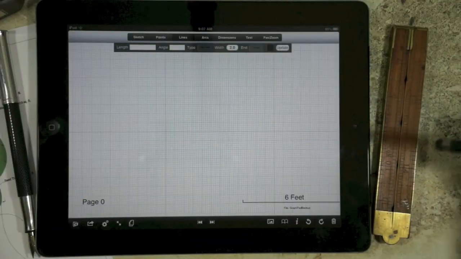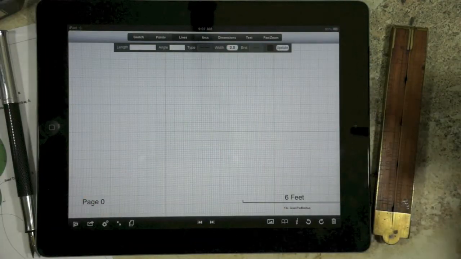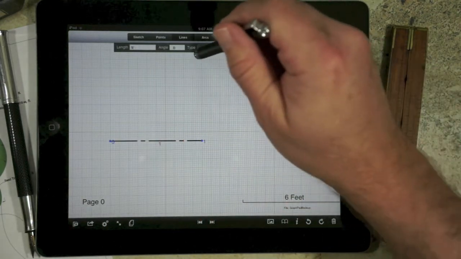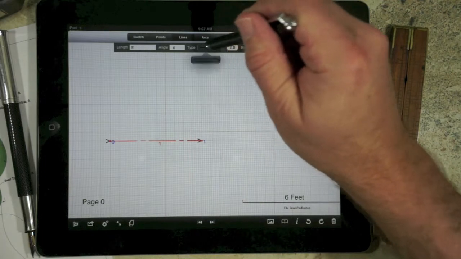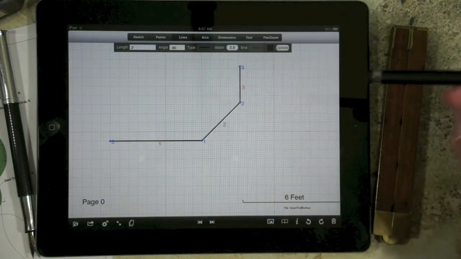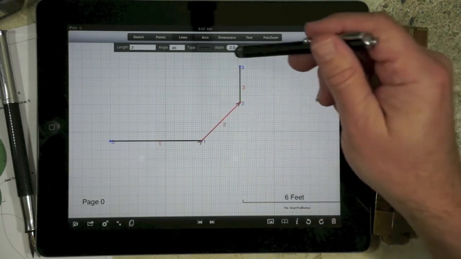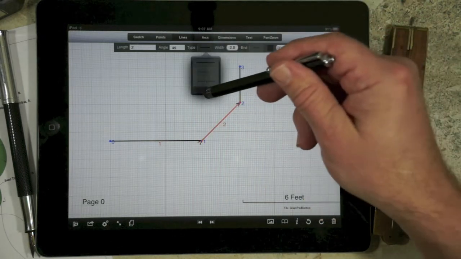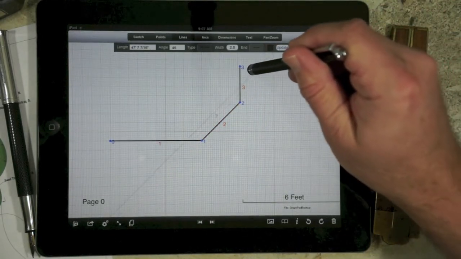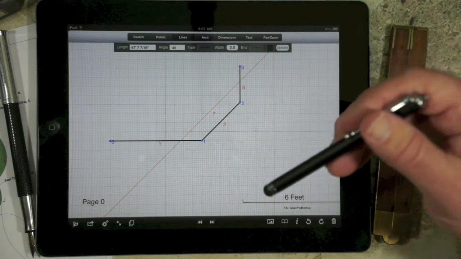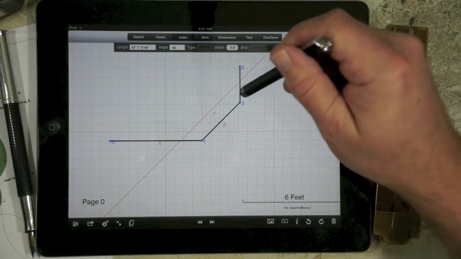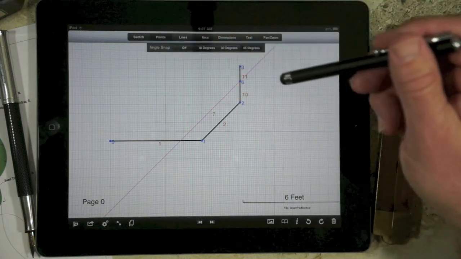Another important feature is to be able to create points at the intersection of two lines. So we're going to show an example of that. We'll start by creating a couple of lines. And now if we select a line and we hit type, we'll notice there's a new type called a guideline. And a guideline is just infinitely long. We can move that guideline, and to create a point at the intersection of two lines, in this case a regular line and a guideline, we select the two lines, we hit points, and now we'll